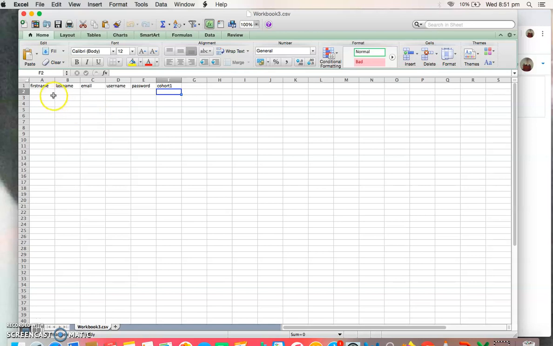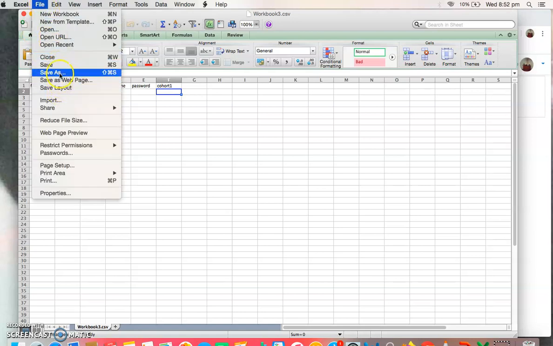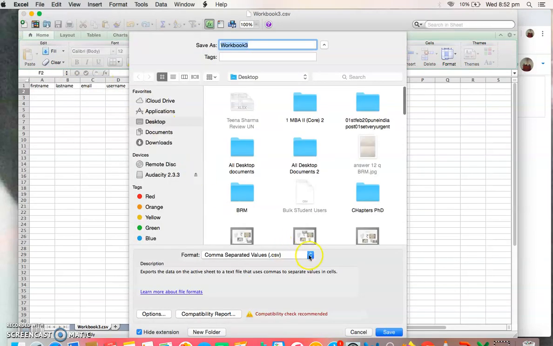You can add n number of students here, like if you're teaching a particular class like MBA first sem and you teach in a class of 60 students, you can add the name of 60 students. You can add the last name, the email address, username, password and MBA first sem as cohort 1. But remember, please write in the same way as it is written here. Now while saving it, please go to save as and then save it in the form of .csv file. .csv comma separated values or .csv comma delimited. Please save it.